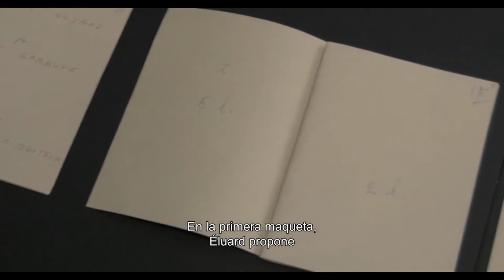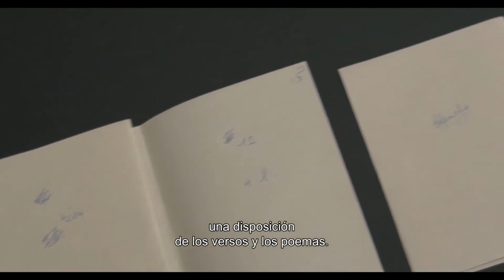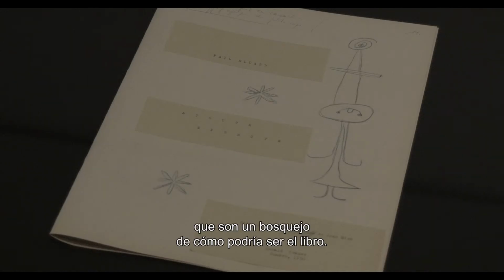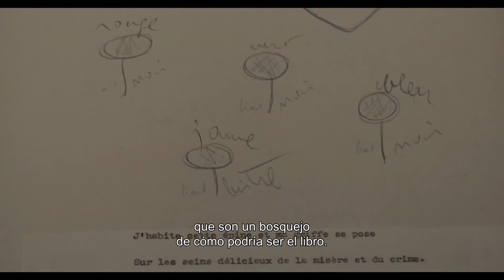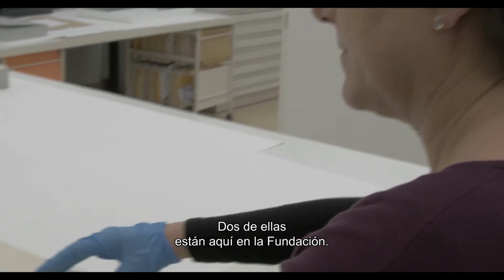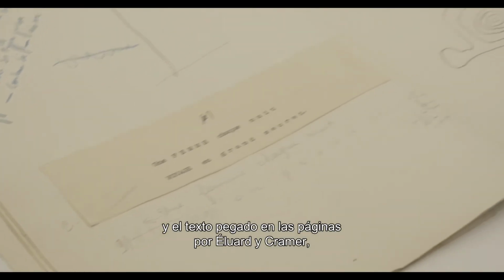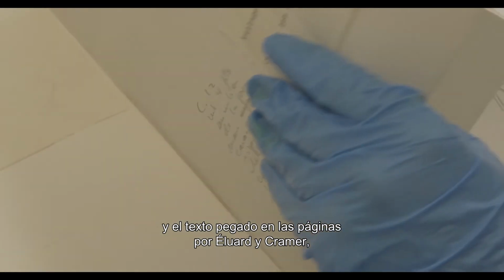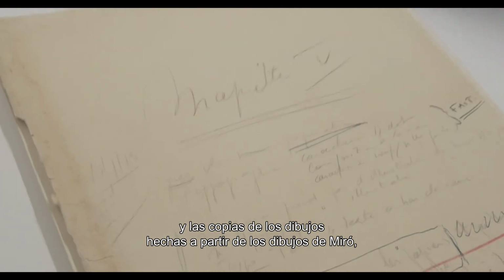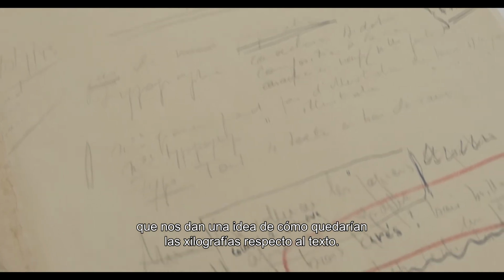The first maquette is Éluard himself setting out how the lines in the poems might be set out. Then there are 4 maquettes, so they're kind of mock-ups of what the book might be like. And 2 of them we have in the foundation here. You have copy drawings with the text stuck onto the pages by Éluard and Cramer together, and the copy drawings which are copied from Miró's own drawings, which give an idea of how the woodcuts would be in relation to